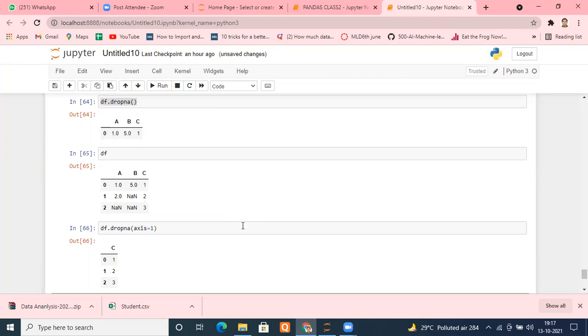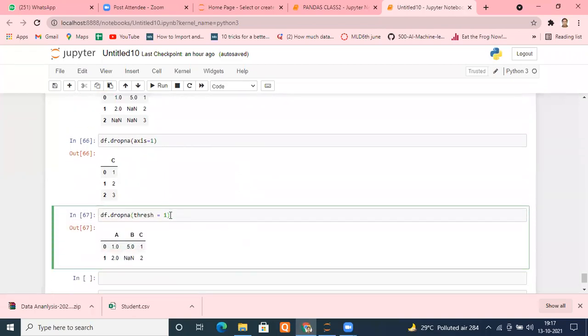You are actually not understanding the logic of what I'm saying. Listen to my words properly. Threshold tells you the condition for a row not to be dropped. Whatever number is mentioned here, that many non-NaN values you need.